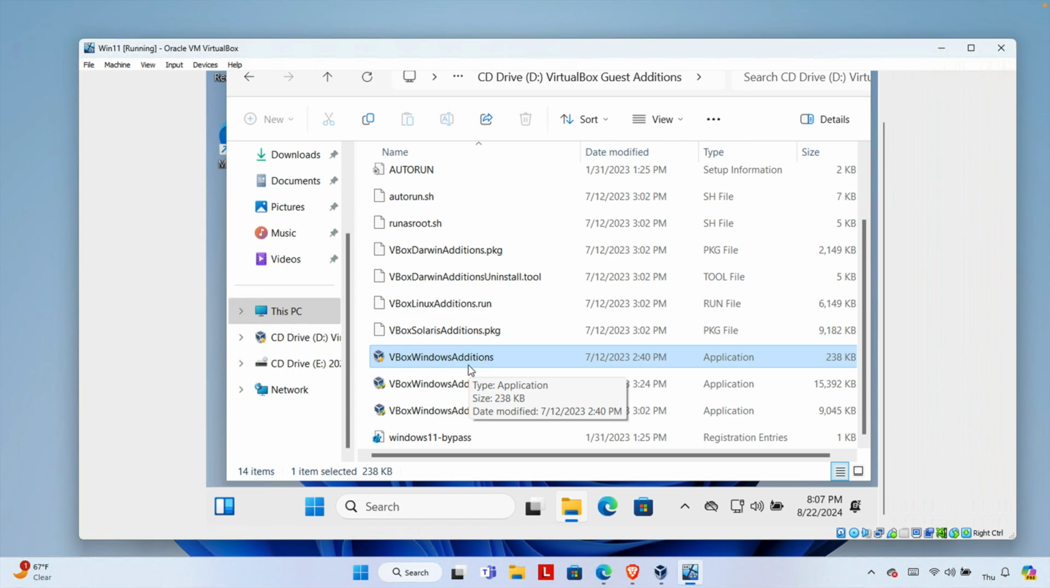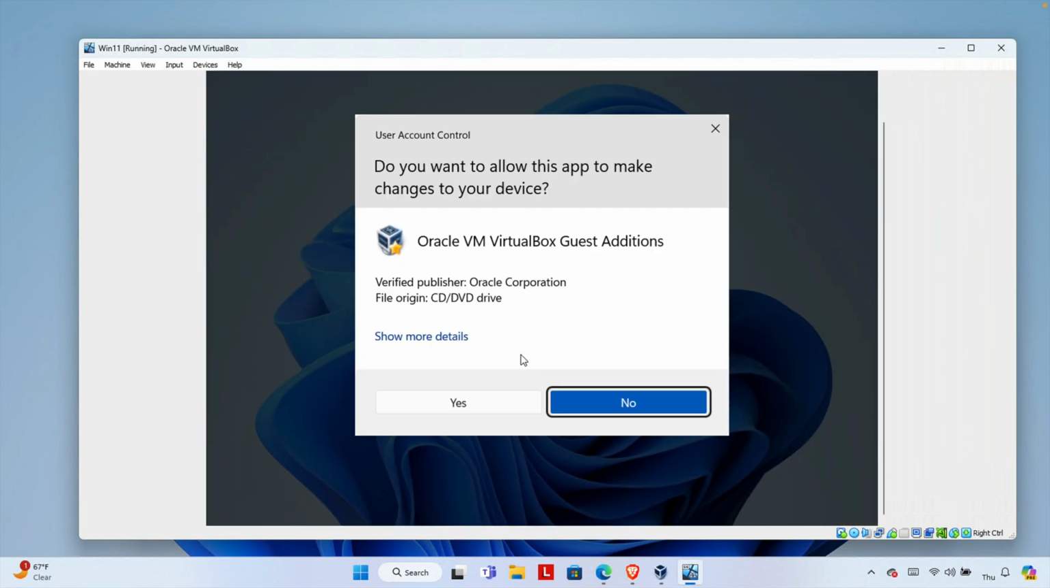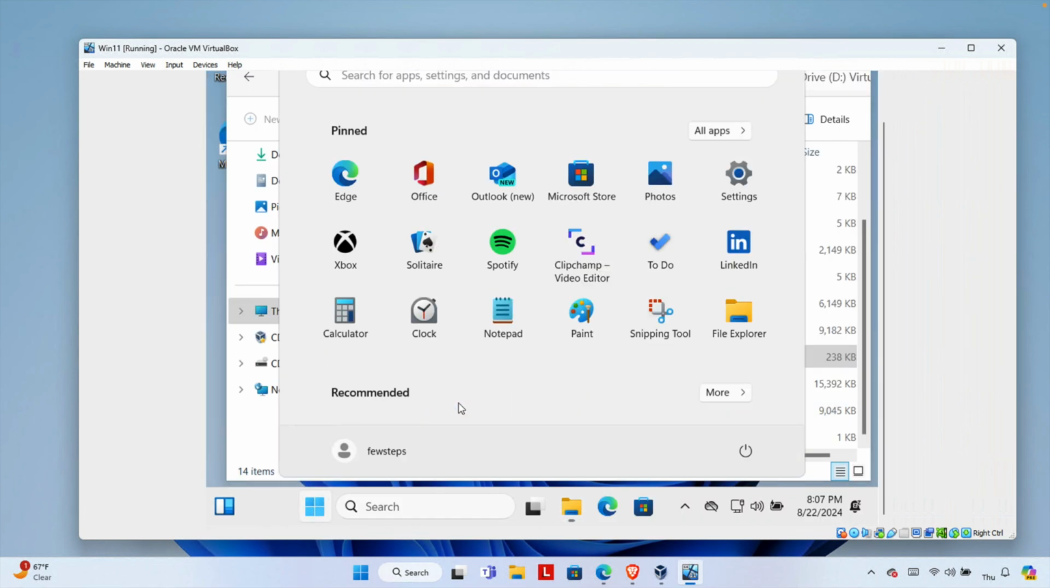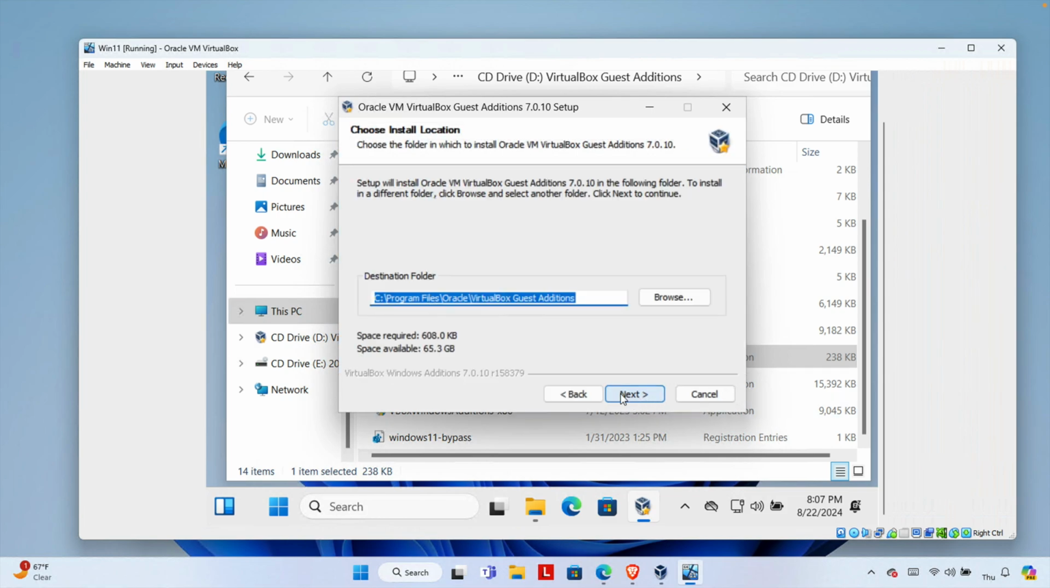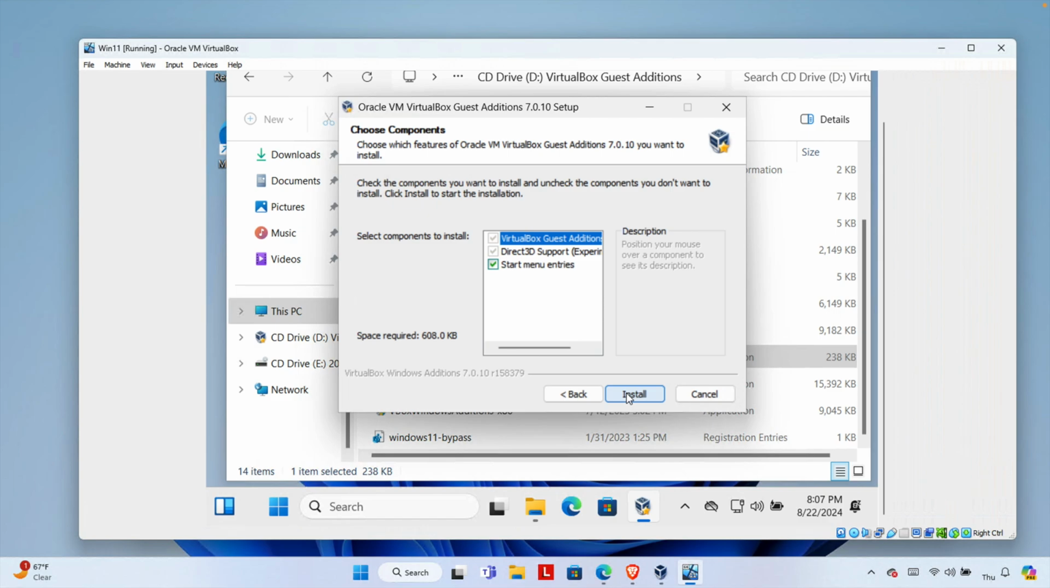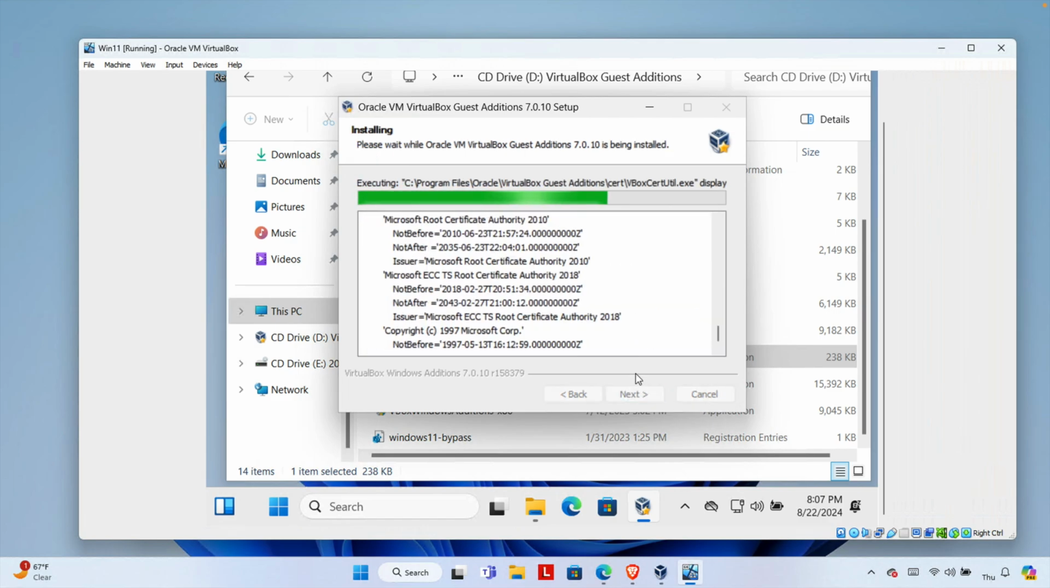We just need to double click this, and then it will install the extra software so that we can fix the issues which we are facing, like mouse movement or the graphics of this window. So I'm going to double click, and then it will bring this option. We have to choose Yes, and after that it will bring this installer window. We just need to press Next. Then it is asking for the location where it will be installed. We have to press Next, then press the Install button,